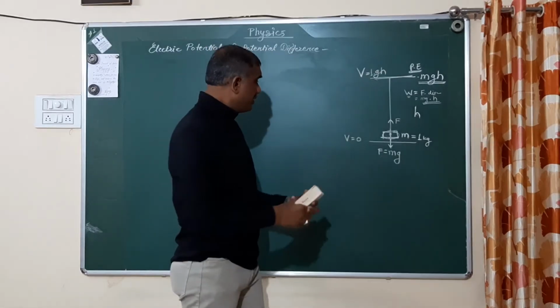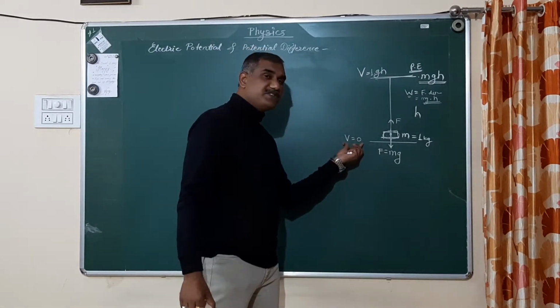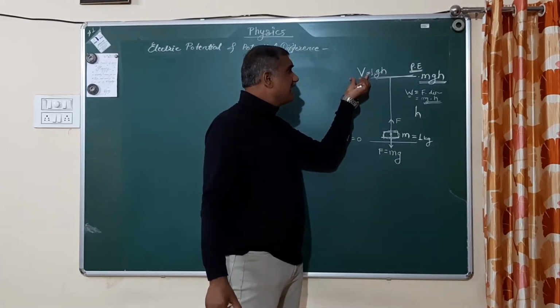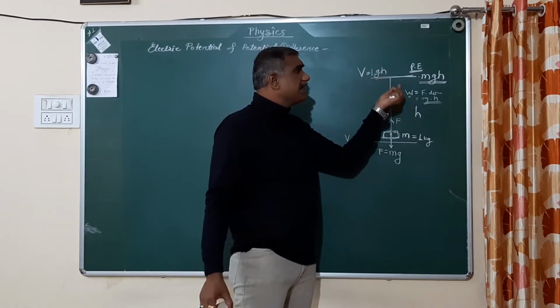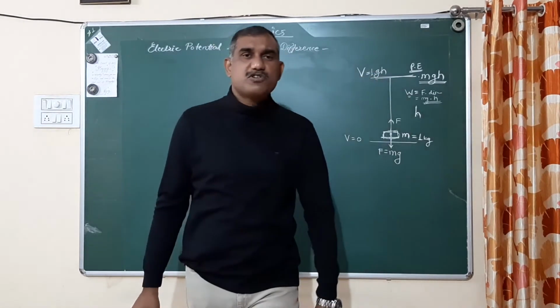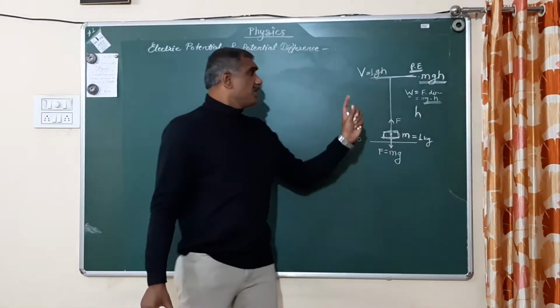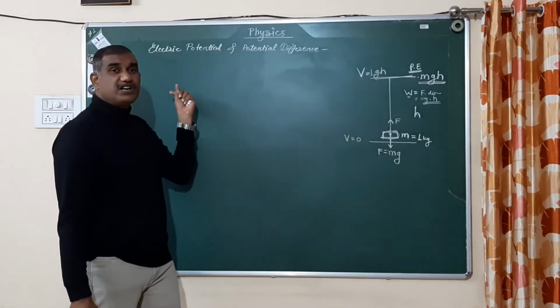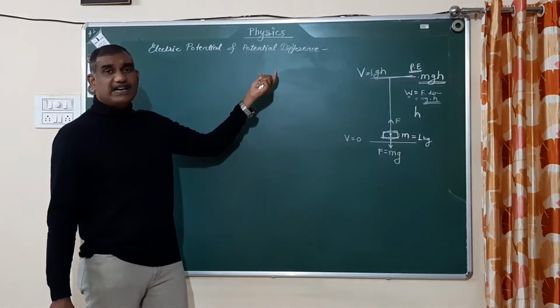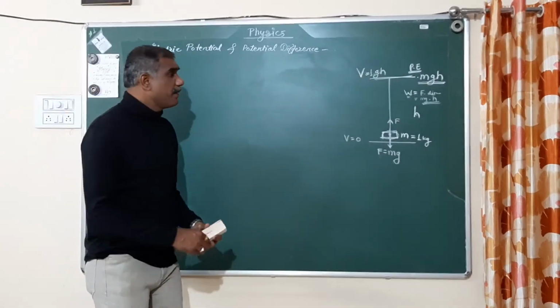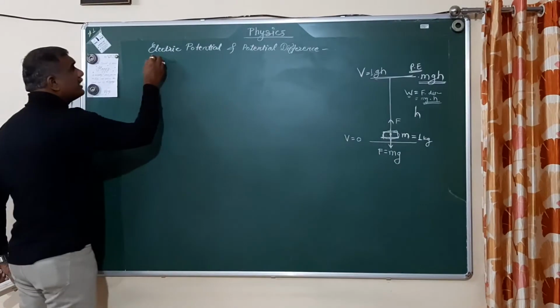Look at this. The potential at this ground surface is equal to 0. The potential at a height h is equal to the work done in lifting the duster, or lifting the mass of 1 kg, through the height h. And this is very analogous to the electric potential and electric potential difference. Look at this. Now, after the similar thing, we are going to study the electric potential.